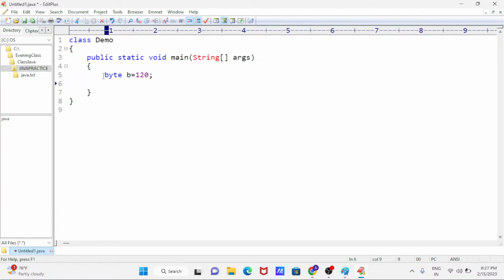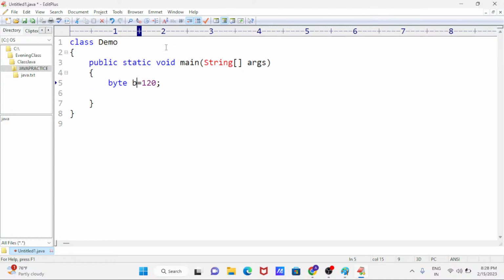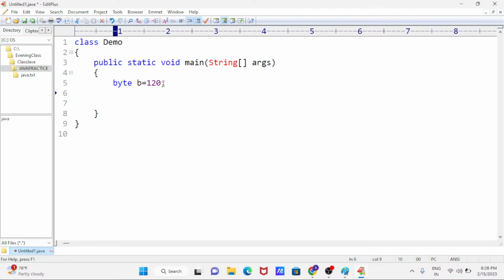Now b is which type of container? b is a byte type container. Now I am converting this to integer type.